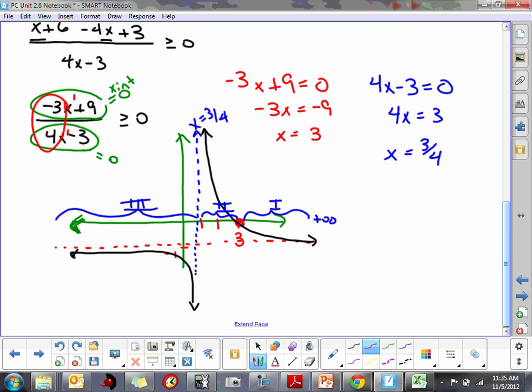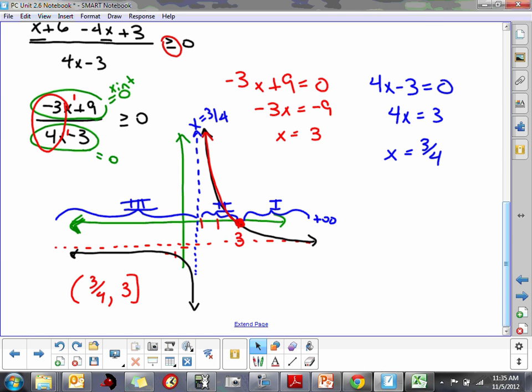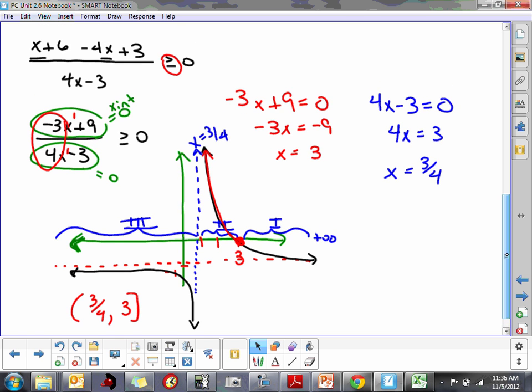If our graph is sketched correctly, then I can already assume that the solutions are in this interval. We want all the solutions where it's greater than or equal to 0. Well, it's equal to 0 at 3. Our graph is only above 0 in this region here. So our solution should be from 3/4 all the way up to and including 3. Now, let's apply these interval line tests that they're asking us to do, so we can do bigger and more